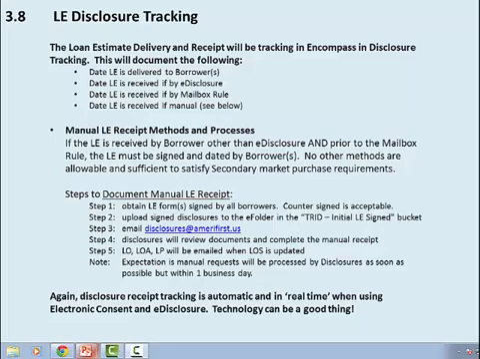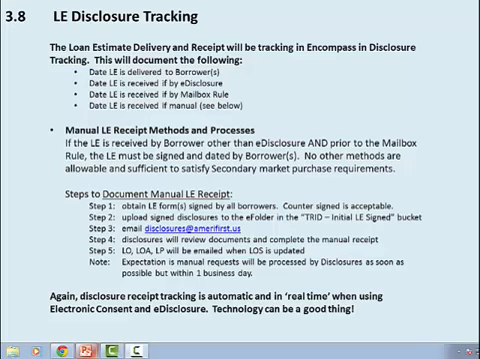If the borrower is manually processing disclosure and you want to document receipt prior to the mailbox rule, the steps to document are: Step 1. Obtain LE forms signed by all borrowers. Countersigned is acceptable. Step 2. Upload signed disclosures to the e-folder in the TRID initial LE signed bucket. Step 3. Email